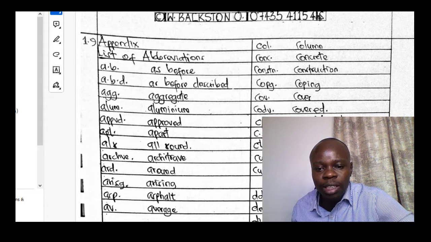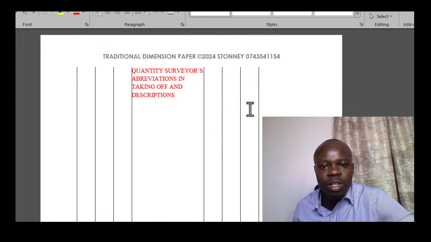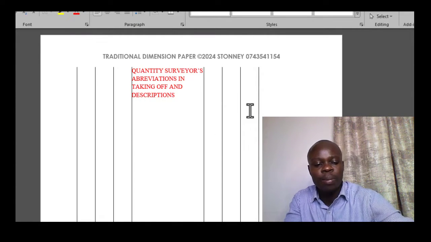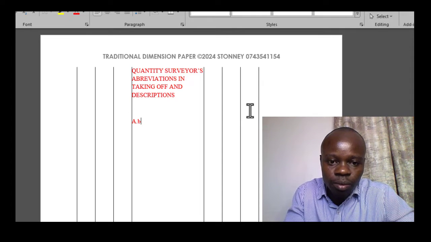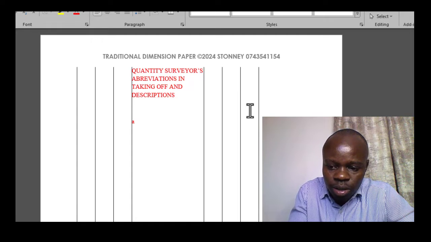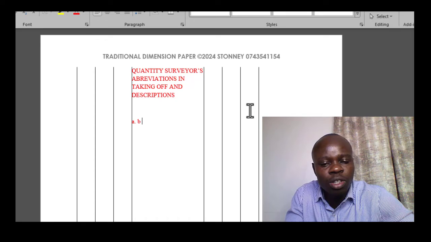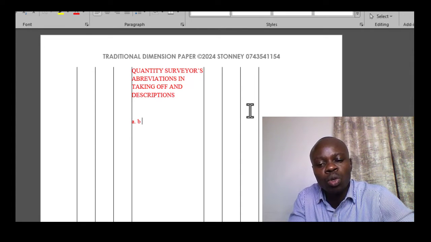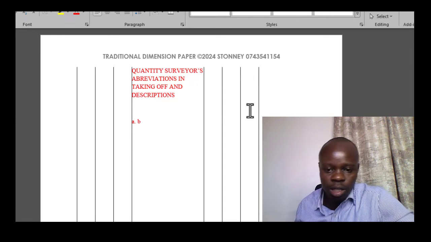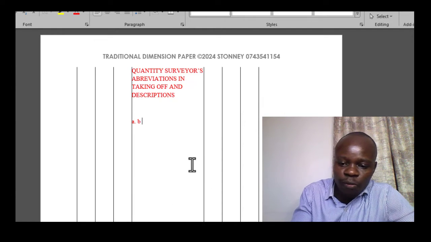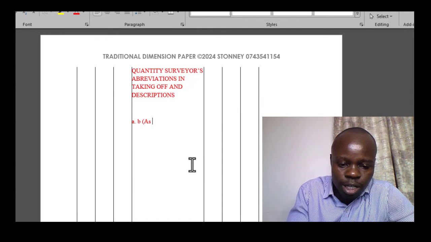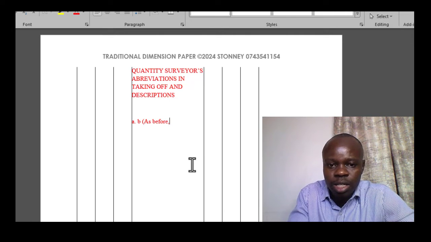So the importance, so that we have this session to be more beneficial, it's important that as we give our abbreviations, we are able to see how they are applied in a real taking off process. So this one, we've said it will signify what we call as before. So in this case, it's applicable